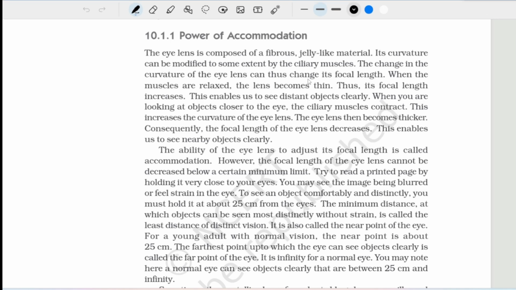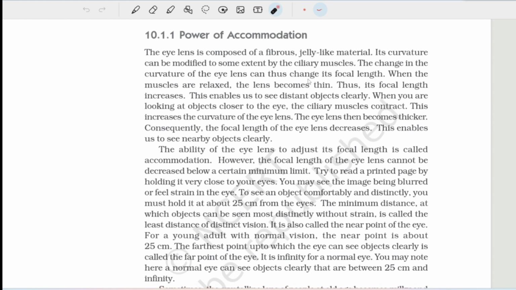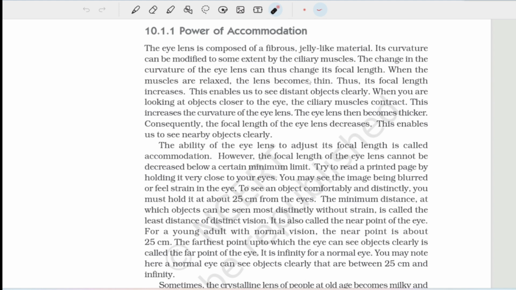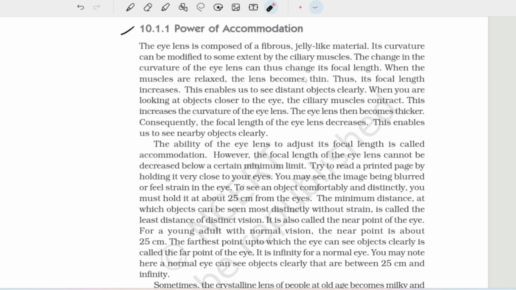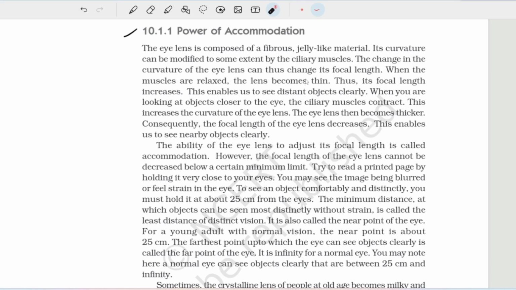Okay. So the eye lens is composed of fibrous, jelly-like material. Its curvature can be modified to some extent by the ciliary muscles, right? The change in the curvature of the eye lens can thus change its focal length. Now, what is curvature? If I'm saying it is changing its curvature, what does that mean? Let's say, for example, this is a bigger circle here,